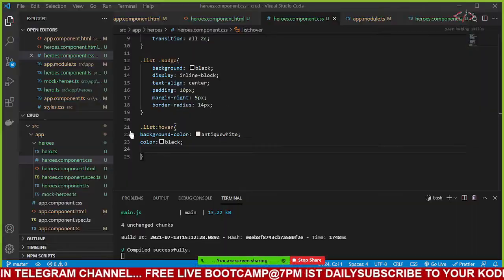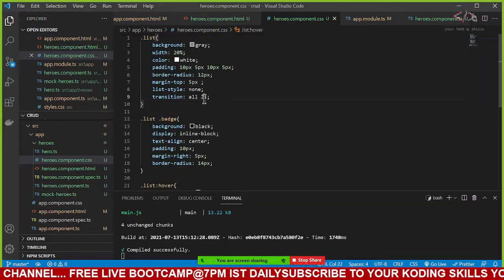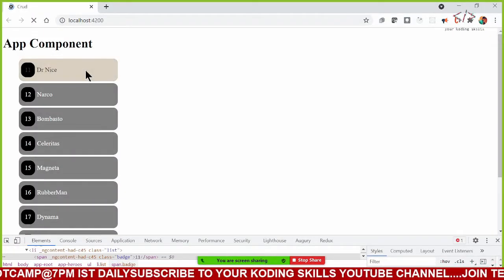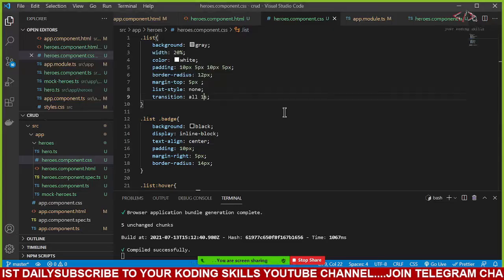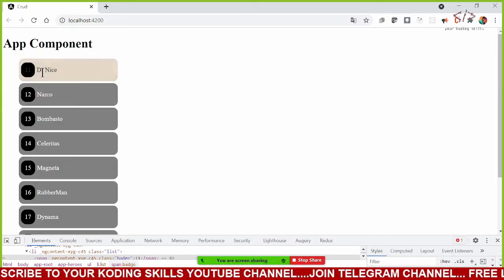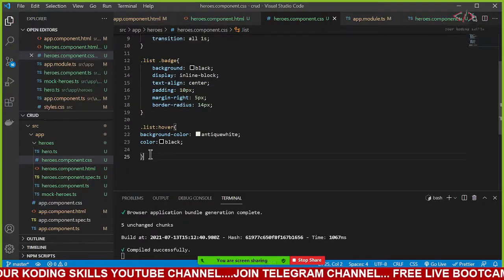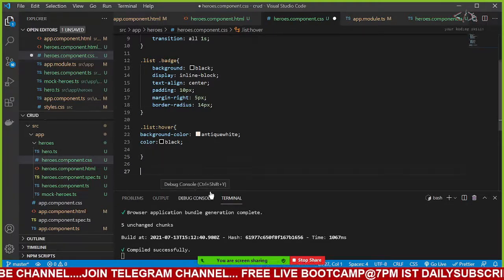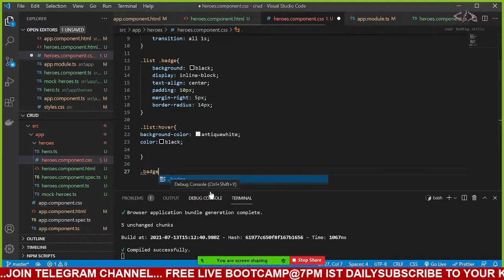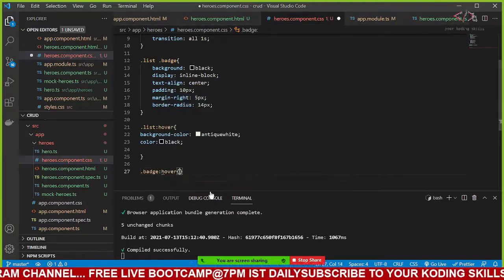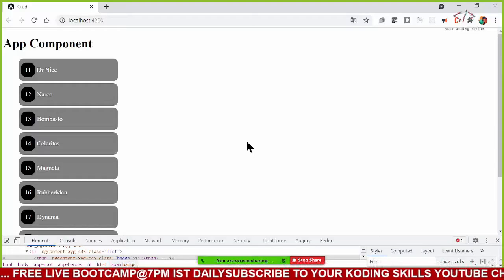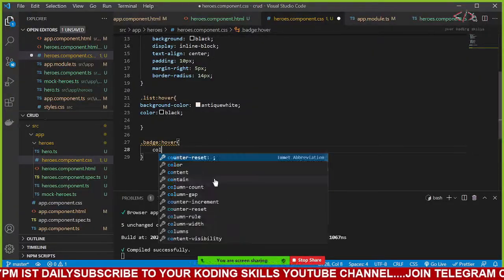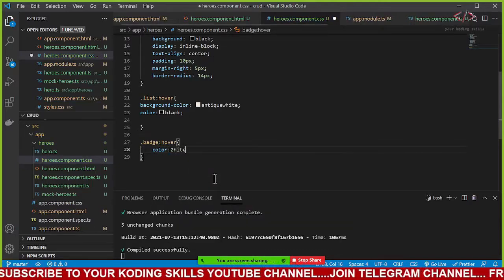All fine. Now the last topic for today: I will add color equal to black, and also this badge we have, let us change that color also, dot badge. Whenever I hover on this, what is happening? If I hover on this, the background color needs to be white for this, then it will be correct.